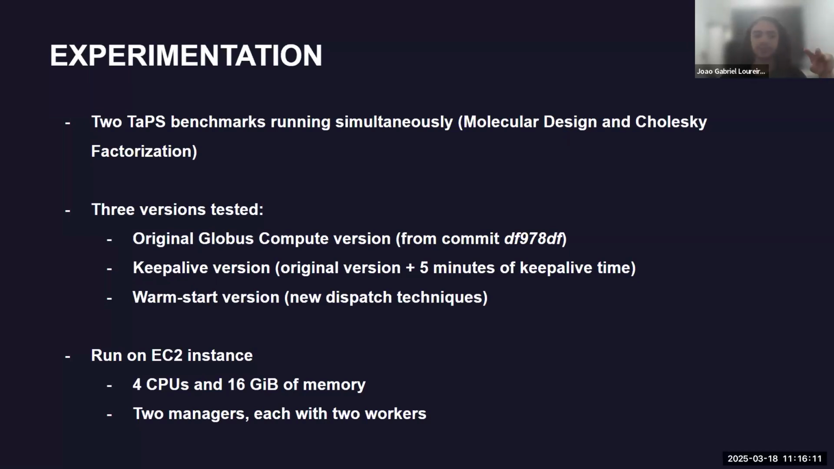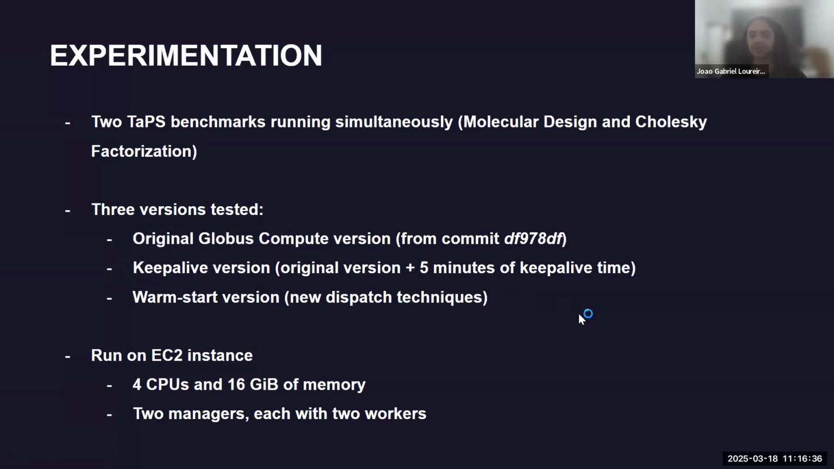We tested it in 3 versions: the original Globus Compute version. I used this specific commit because it's the one that I used to fork the repository and start my work. The keep alive version, which just has the 5 minutes of keep alive without these new dispatch techniques, and the warm start version with all the modifications. We did this intermediate version too,